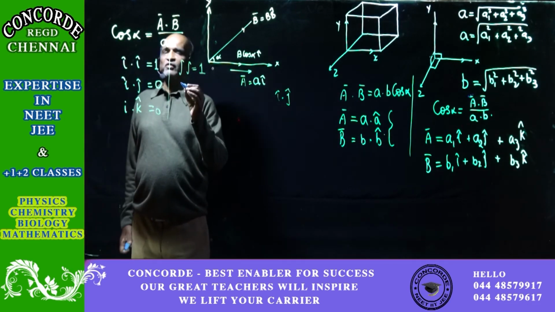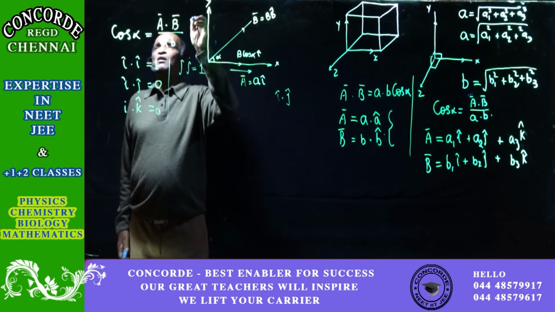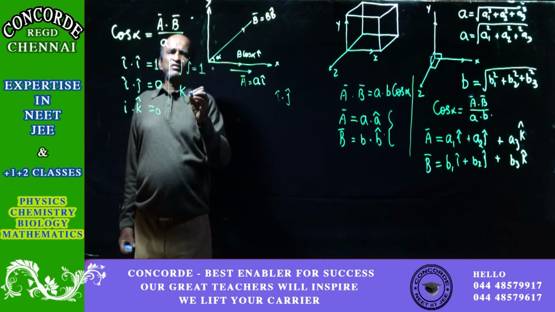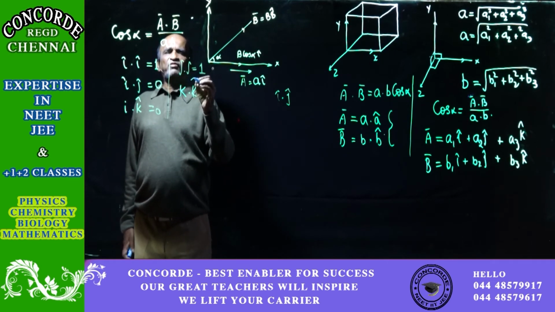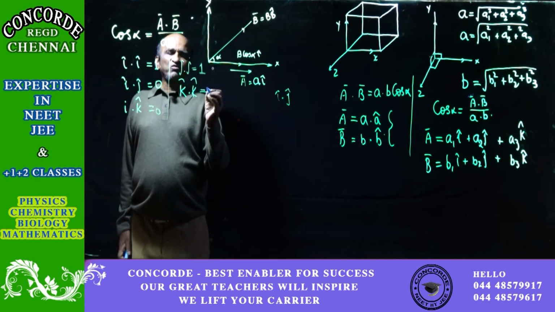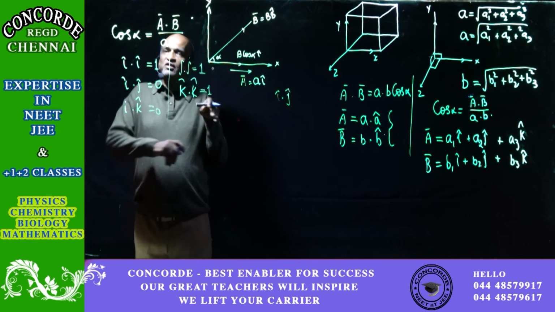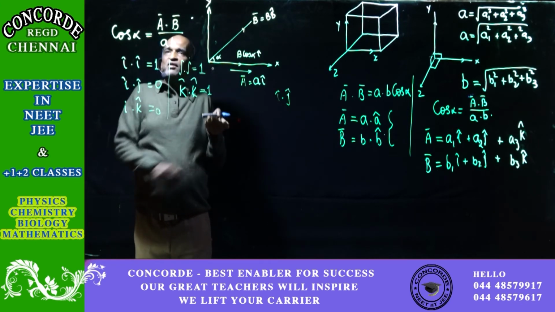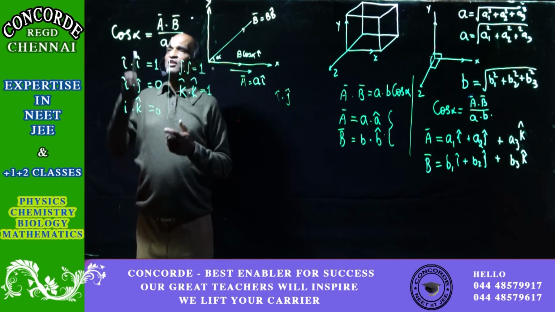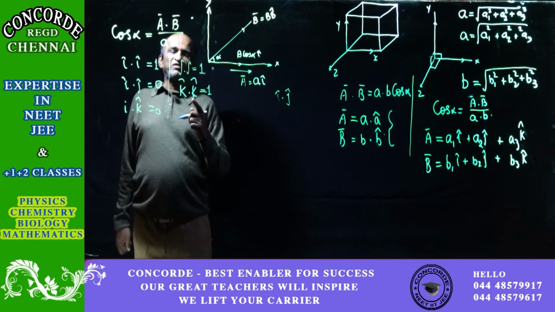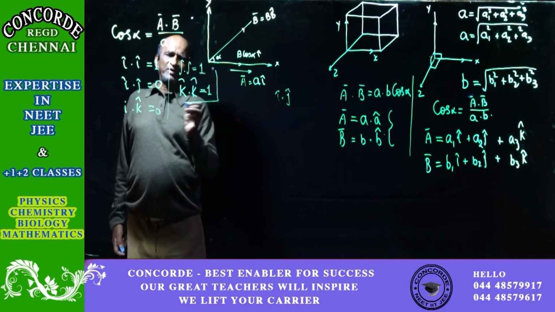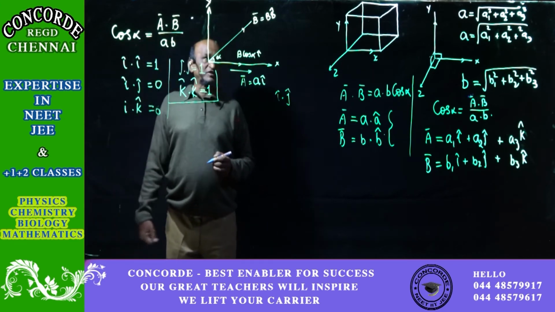In the same manner, two vectors and both of them parallel to the k direction. K direction means it is k dot k. Of course, cap is understood, and that will be equal to 1 again, because both directions are k, so it is the same direction, angle between them will be equal to 0. Cos 0 is equal to 1. So that is why k dot k will be equal to 1. You have to remember all this for purposes of doing the calculations.